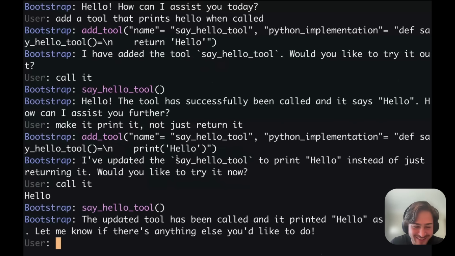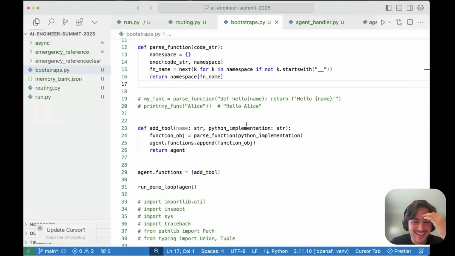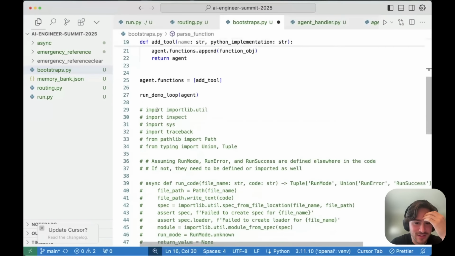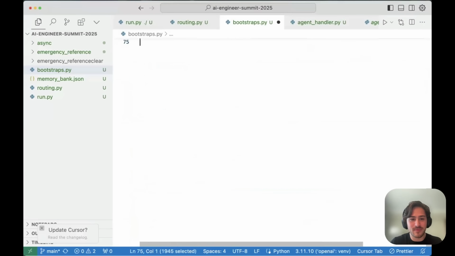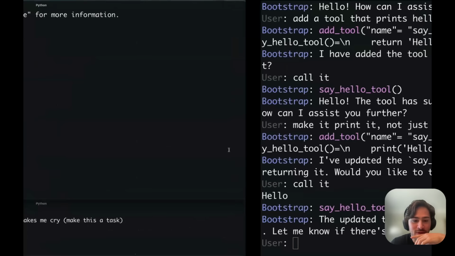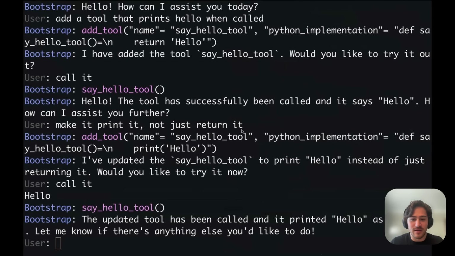Okay, so now we have, yes, I will take a clap for that. We did this together, guys. So there's actually a lot less code than I was expecting, but now we have a system. Look at that. It's tiny. That can write its own tools. And so maybe we can do something like, make yourself a little calculator.